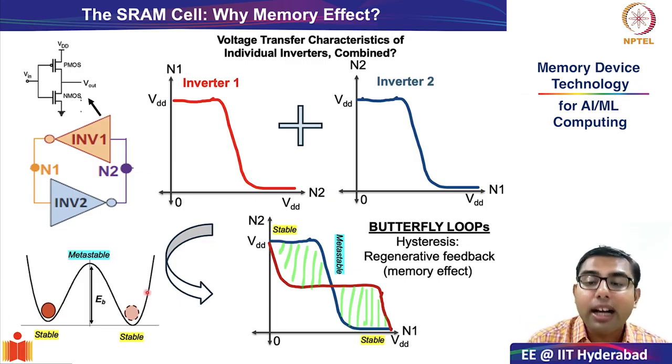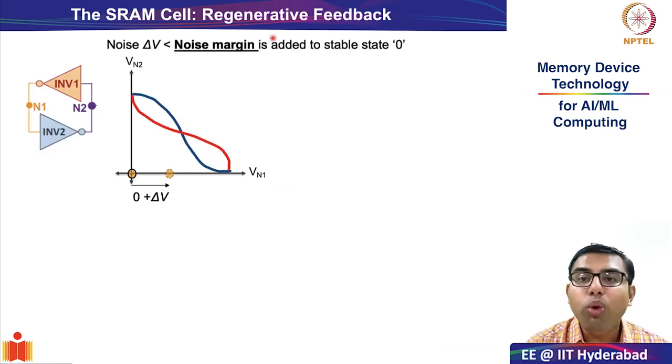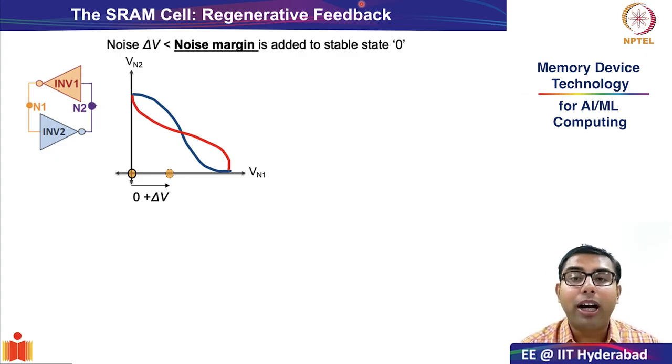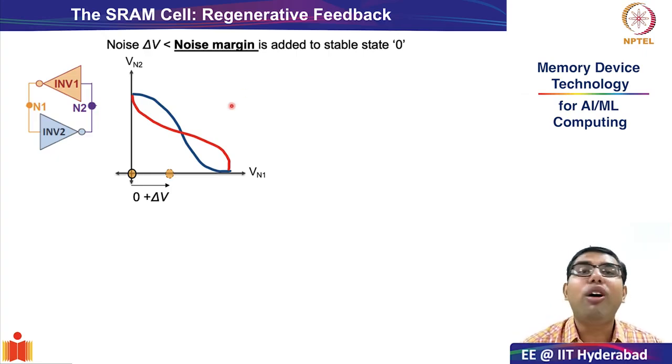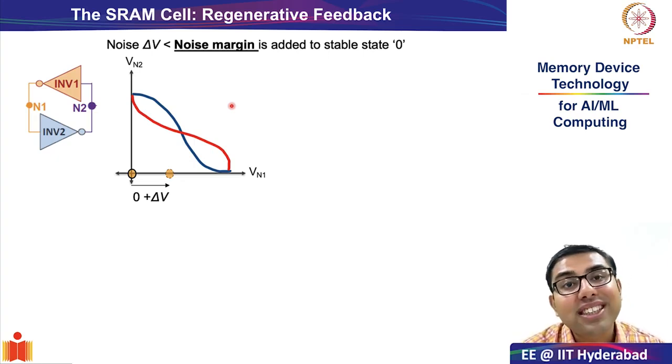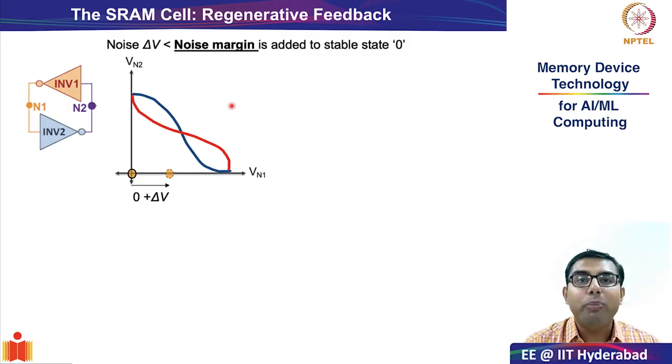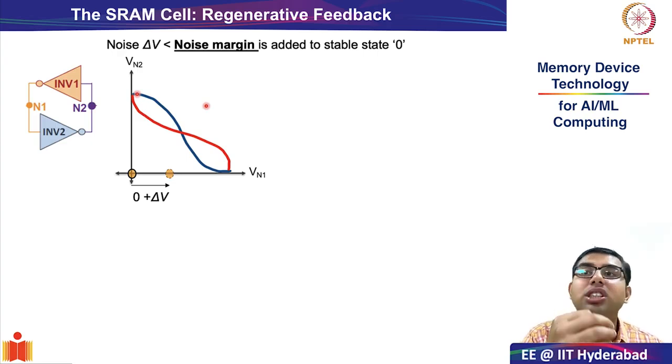Okay. Now we come back to the original question. Why do we have a memory effect, or as we will see in this particular slide, why do we have this regenerative feedback? To understand this, what is the meaning of regenerative feedback? What is the meaning of regeneration? The meaning of regeneration is, if a system is pushed a little out of its stable state, can it come back? Can it return back to its original state? And we will see how these hysteretic loops that we have help an SRAM cell return back to its original